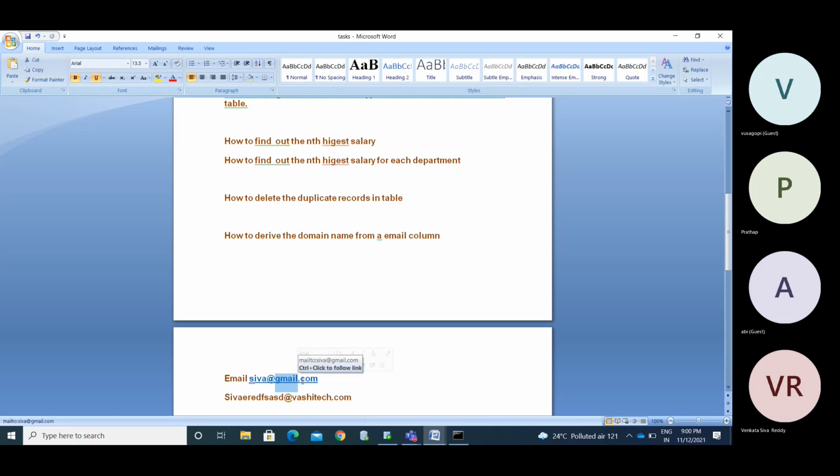Gmail is your domain, Vashitech is my domain. Try to retrieve that.